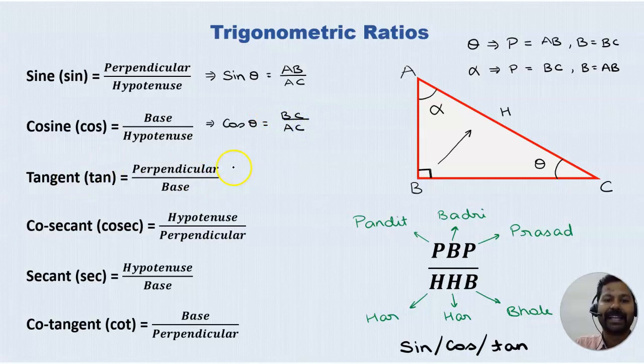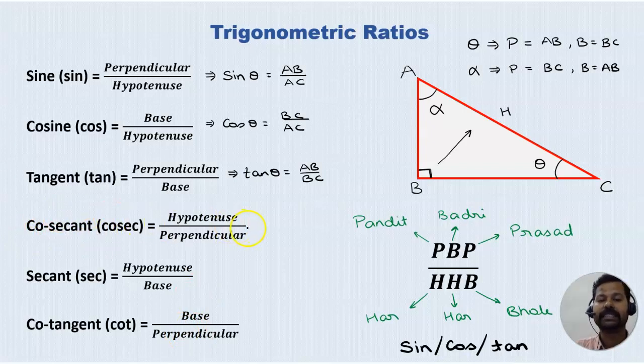Third one, tangent. We have to calculate what is tan theta: P upon B, perpendicular upon base. So tan theta will be AB upon BC. Very simple. If you remember these three, the other three are very easy. Why are they easy? Because